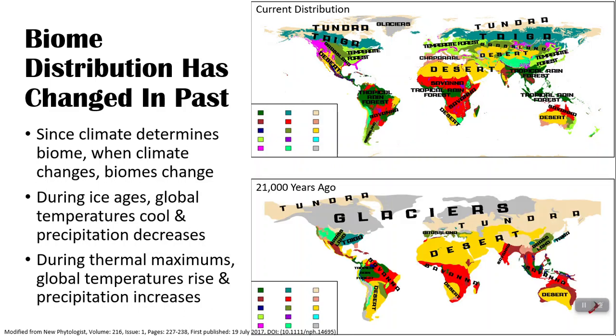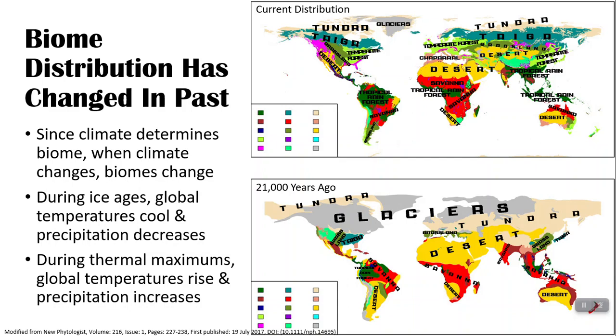Now what I'm going to show you is the reconstructed climate of around 21,000 years ago. So scientists can recover data that lets them see, hey, what was the climate like before? Now, 21,000 years ago was the last glacial maximum, meaning the largest spread of the glaciers most recently. So notice there's a large chunk that's called glaciers. There was an expansion of the tundra. There wasn't that much taiga, but what was there was actually like in our area. Notice that things got drier, so deserts expanded, and biomes that require a lot of moisture, like tropical rainforests, decreased